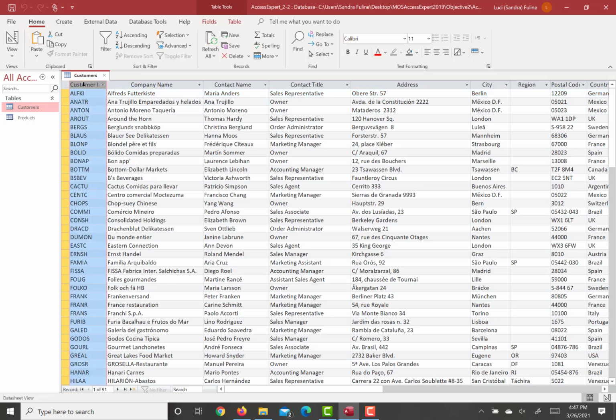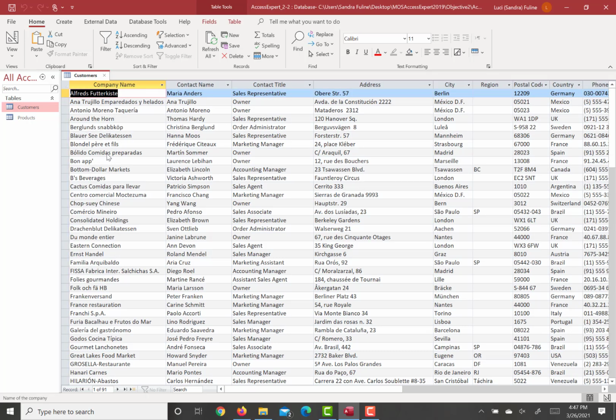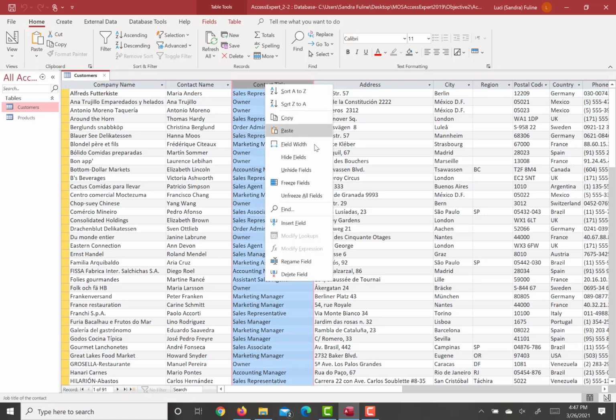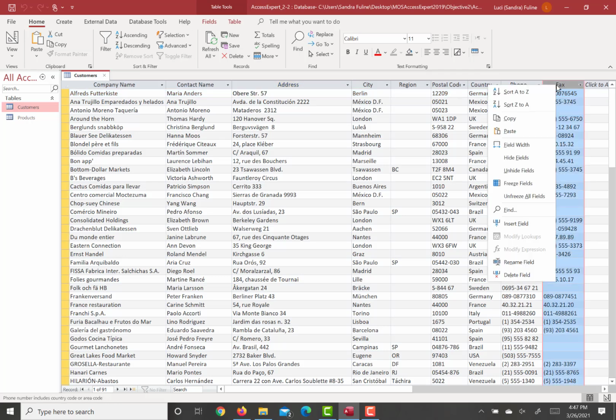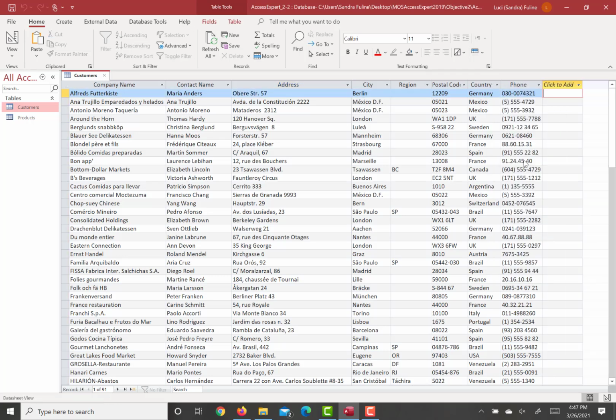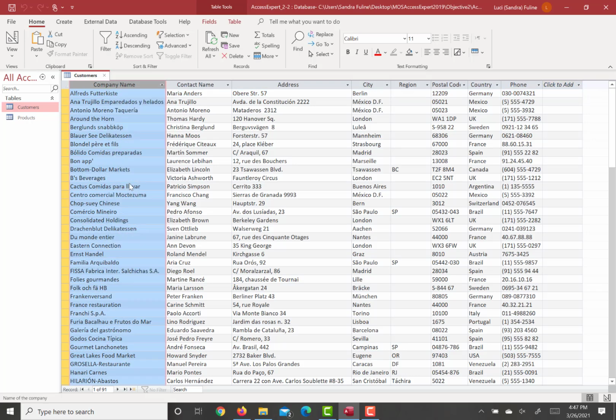So you're going to click on customer ID and then just right click at the top and hit hide, contact title, right click and hit hide, and then you've got fax, right click and then hit hide. Then it asks you to freeze the company name field and then scroll to the right. So you're just going to right click on the company name field and you're going to hit freeze fields, and